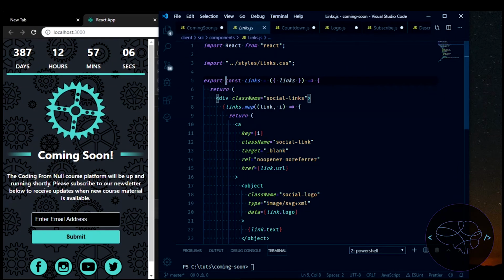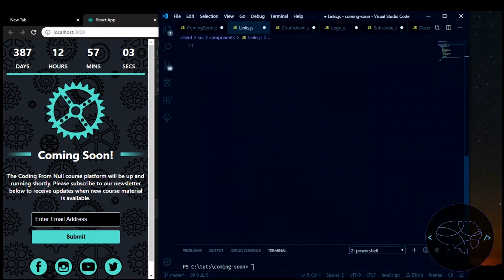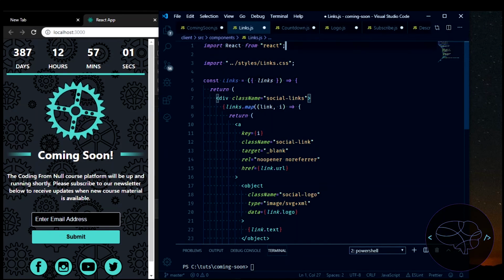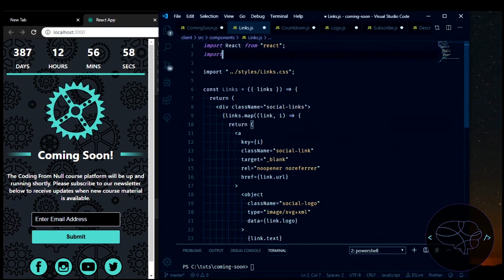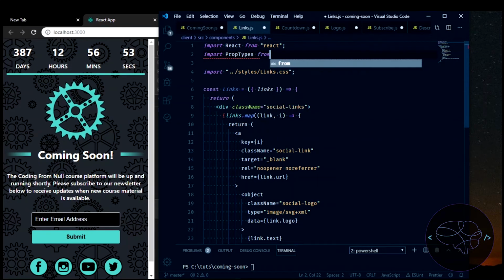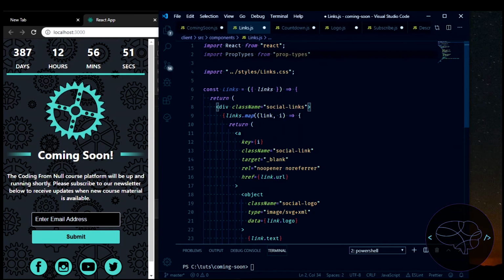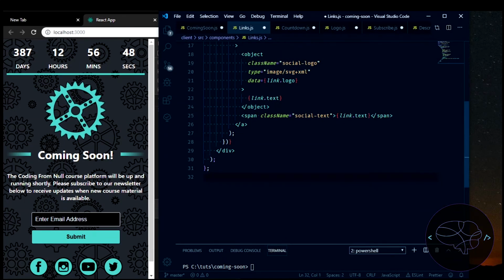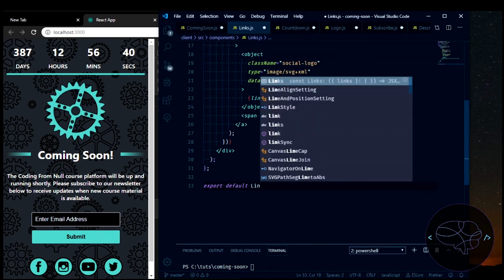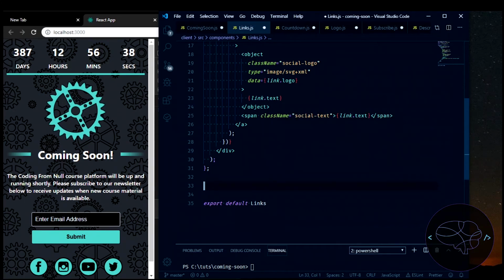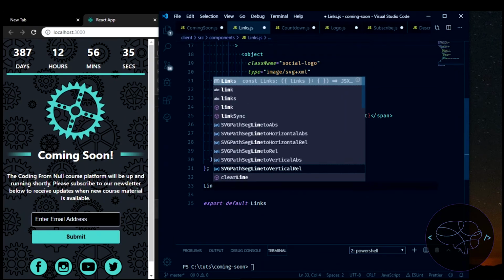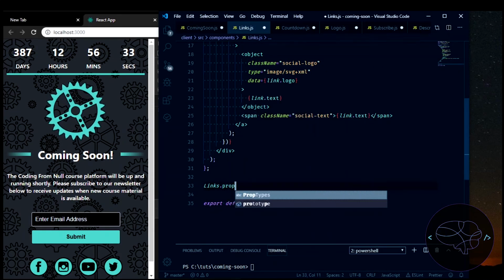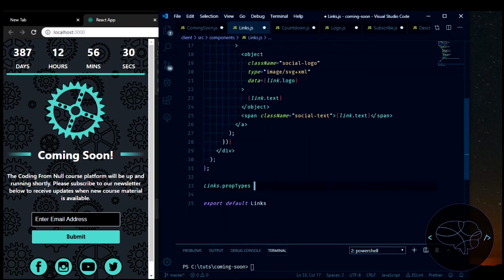And let's do the same thing here. Oops, let's go ahead and import PropTypes before I forget about that again. PropTypes from prop-types, and then here we will export default Links, and we will set Links.propTypes is equal to,